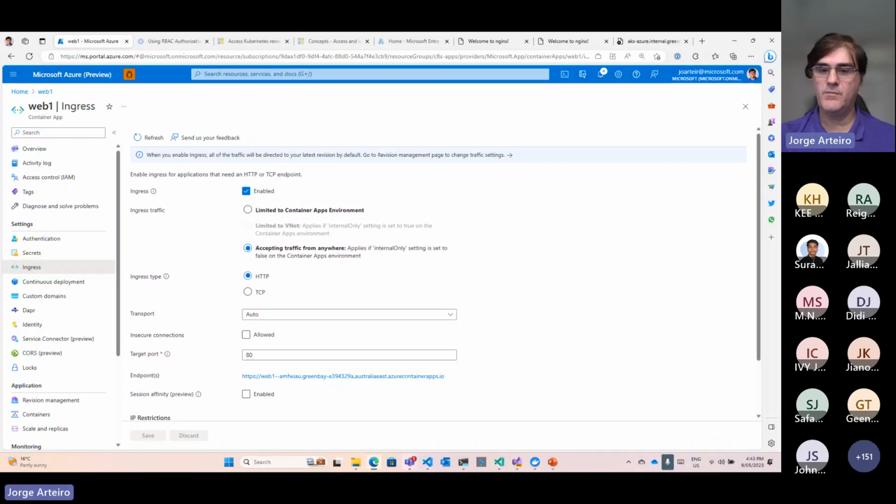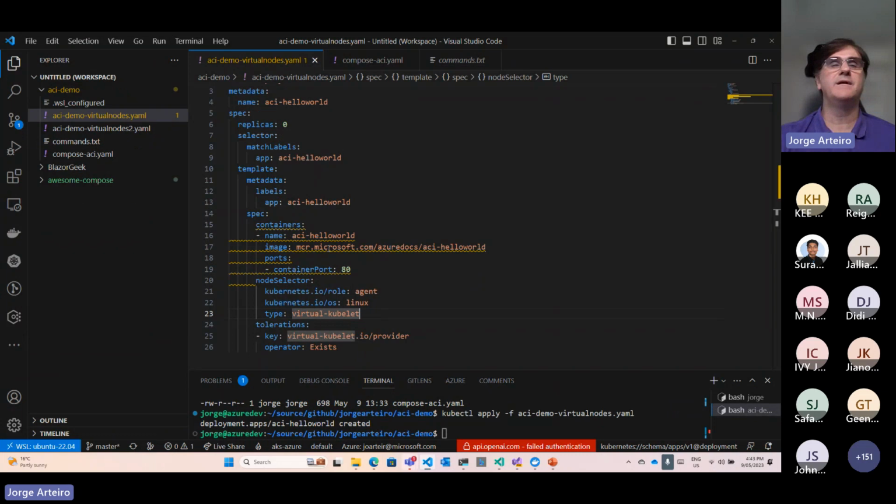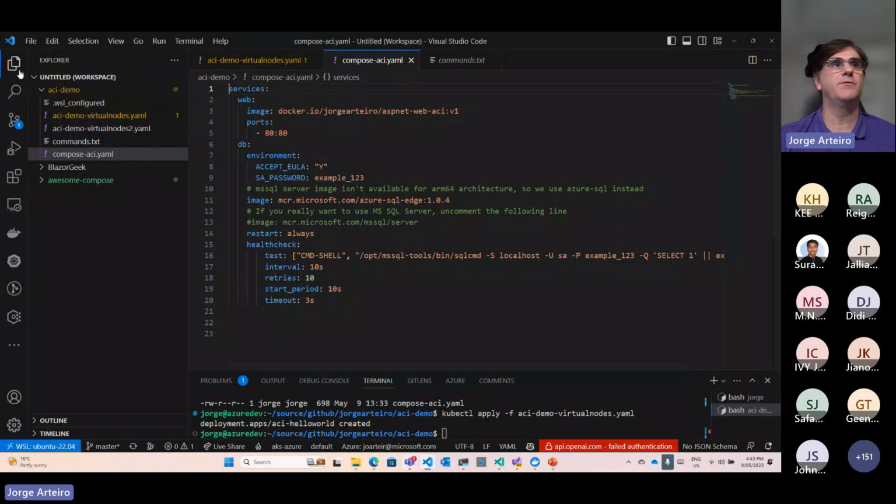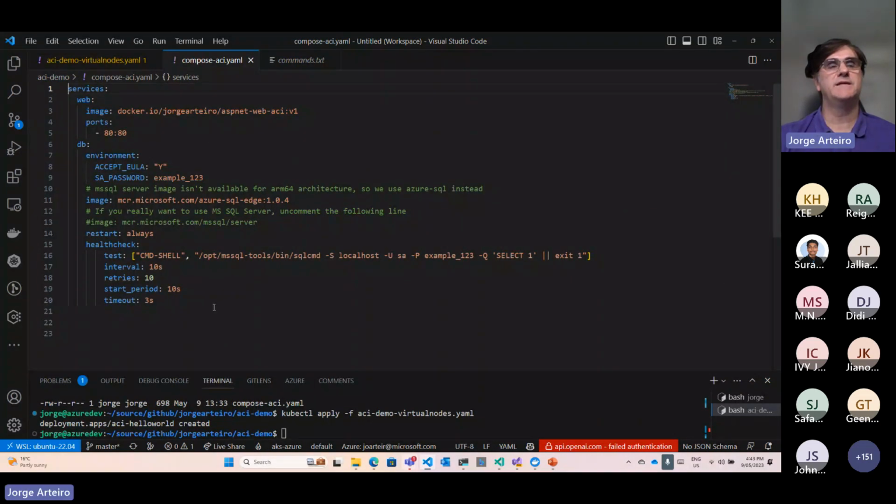In Docker, it probably manifests on, is that Docker Compose or Docker? I'm not sure exactly what you have to, yeah. The main reason to be a compose file like this one, that's the compose file I was using to deploy. So yes, you can use that compose file to deploy. Someone was asking about Docker Compose to run web and DB. That's a good example you can run using Azure Container Instances, by the way, using web and DB. You can run locally or you can run these on Azure Container Instances.